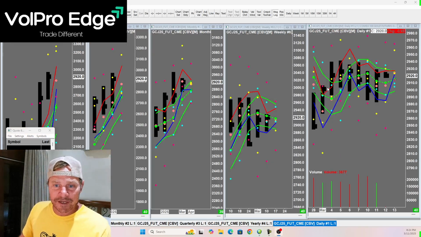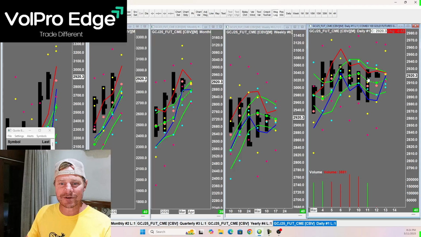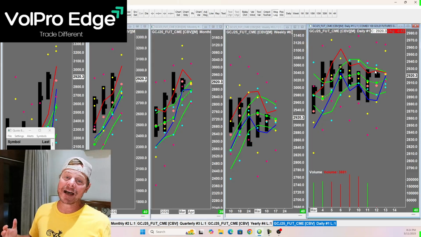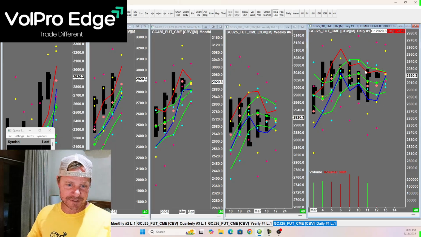All right, so gold did end up bouncing. I thought we had the potential to roll over here. We didn't. Again, it wasn't a top pick or anything, but now you're back up into this resistance level. So if it's going to be a little bit risk on, maybe bonds sell off a bit, the NASDAQ catches a bid, maybe ES catches a bid, maybe even the Dow catches a bid, then I would expect gold to sell off out of this resistance level. So this is not a bad little resistance zone right here.